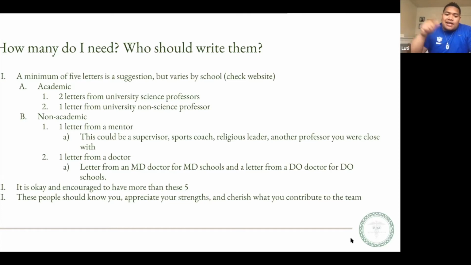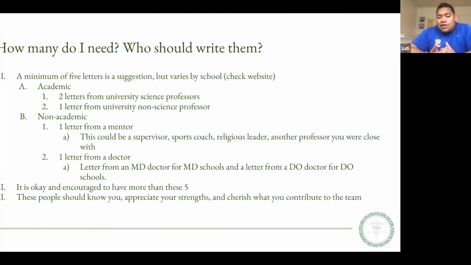So a lot of the letters that I submitted to them included a letter from my job, and he just talked about what I contributed to the job site, and how I made my team better around me, what I did to build a team around me, etc. So it's super encouraged that you have more than 5, so that you can really customize which letters you send to which school, to really build up your resume for what they're looking for. And so keep that in mind as you go throughout undergrad, and as you look for who is going to write these letters for you.